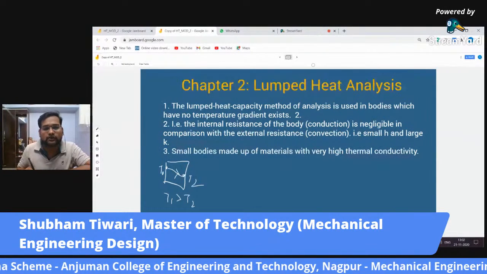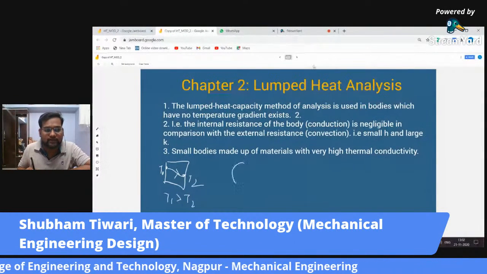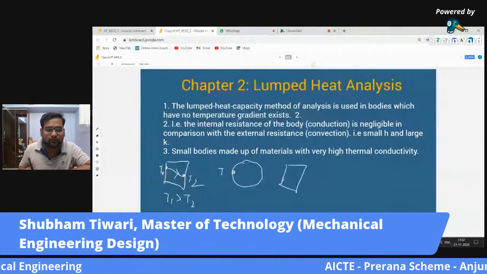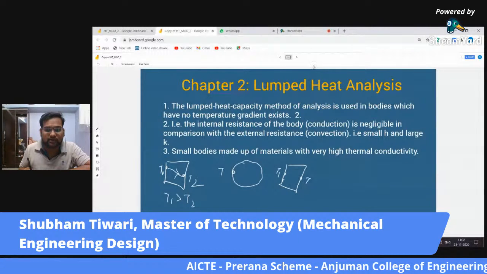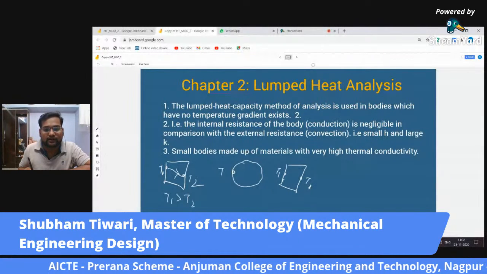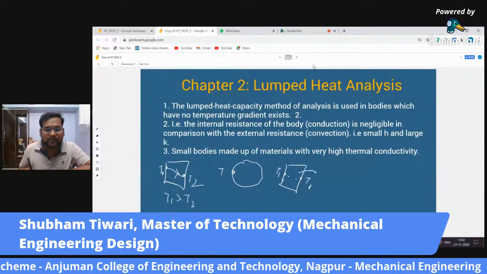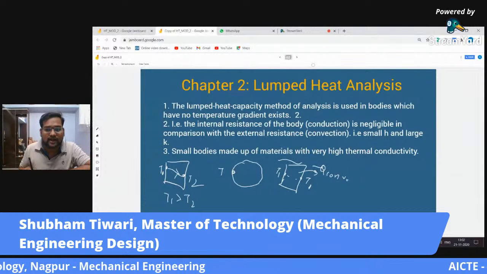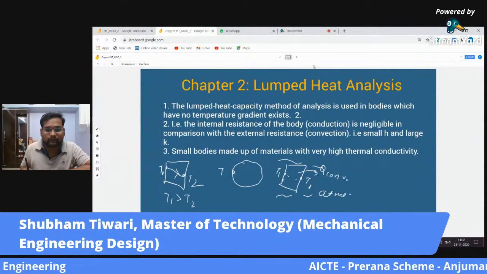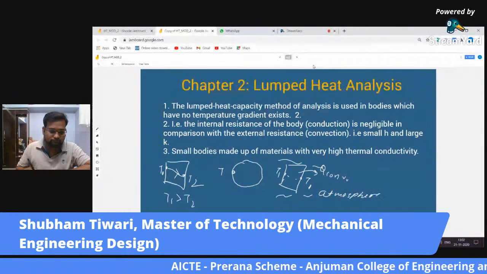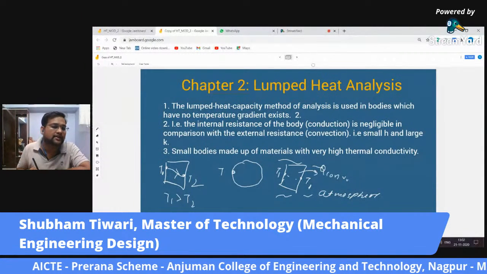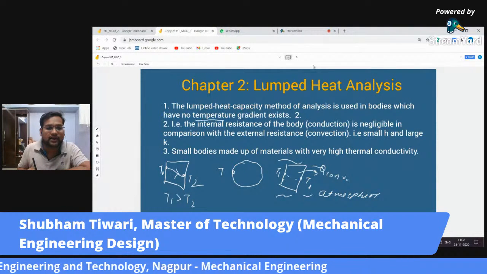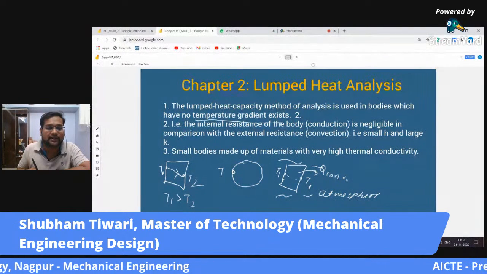But today, we will look into bodies where the temperature, now I will draw just the same slab, here is also T1 and here also the temperature is T1. But the heat transfer here will occur in the form of convection. The heat will be transferred to the atmosphere. Whenever such a condition arises in which there is no temperature gradient within the body, then we can apply the lumped heat capacity